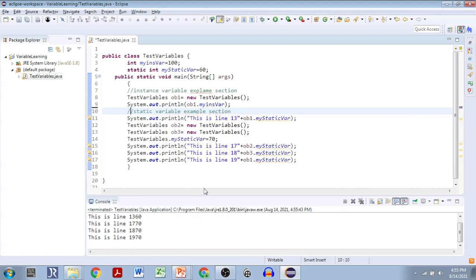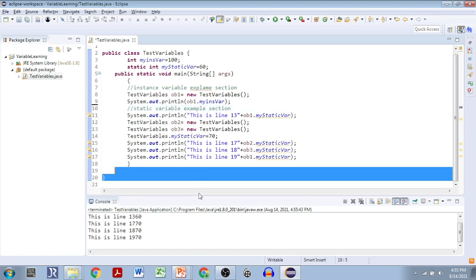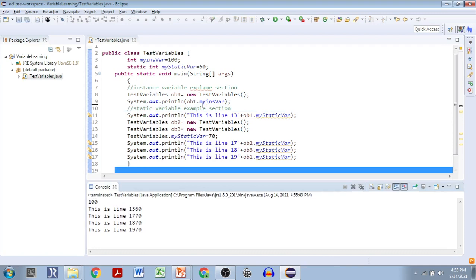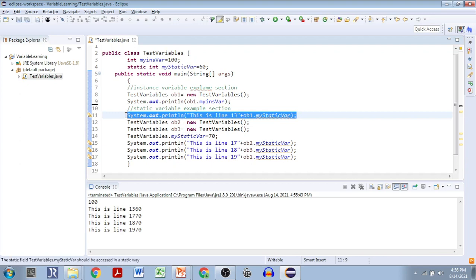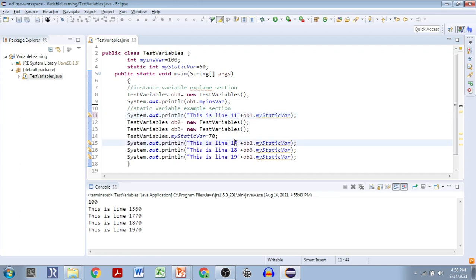So now you can see that this 100 is printed for this particular line, line number 8. Then for line number 13, oh sorry, it has become 11 actually. I have to reduce 2. 11, 15, 16, 17.